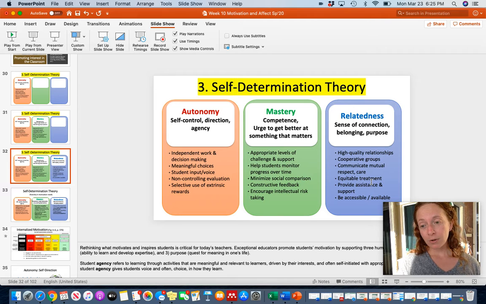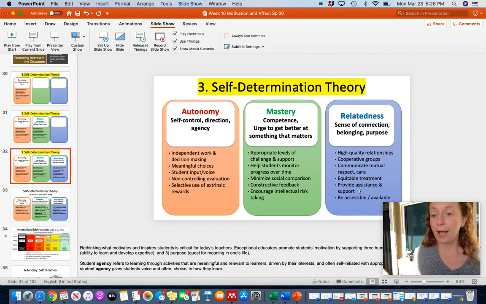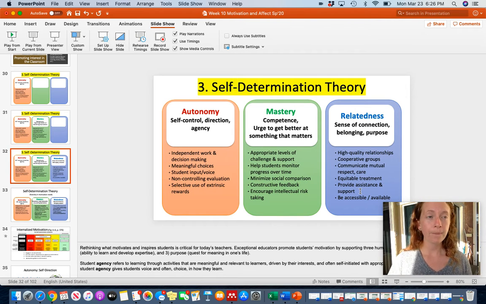You are equitable. Students, I will give you examples on this. I think it comes up later. Students see when you are inequitable to some students versus others. So you have to maintain equity, and that also comes with a lot of things, but looking at and addressing our implicit biases is crucial in that one. You are providing assistance and support to everyone. So if you were to do an equity survey in your classroom, I do wonder what your students would say.